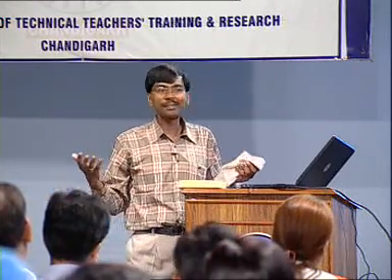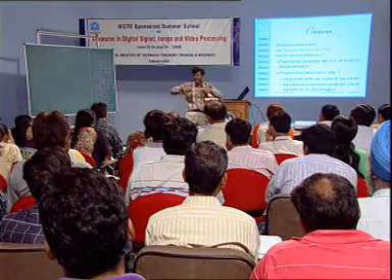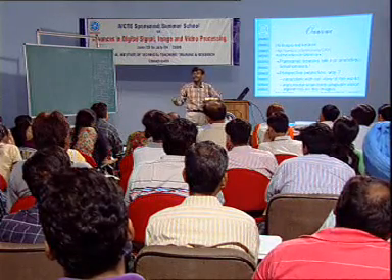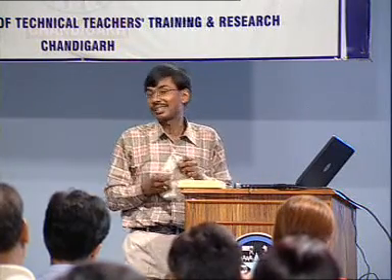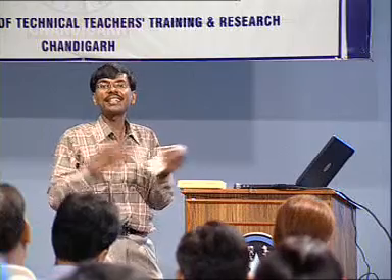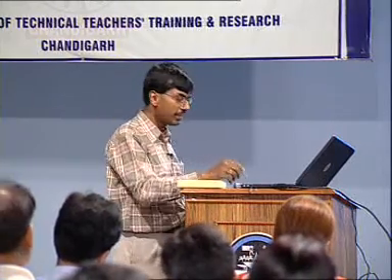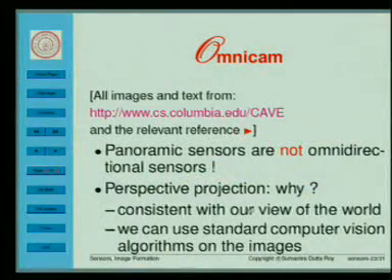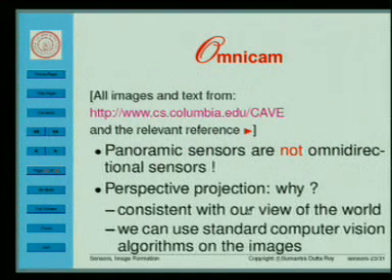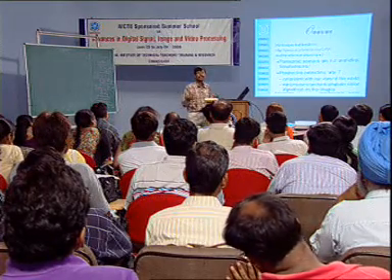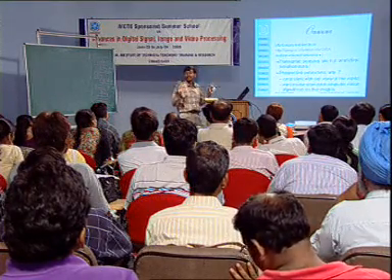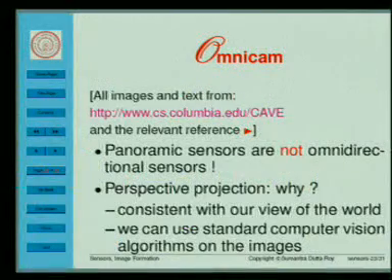Plus, it is not even panoramic. कैमरा को घुमाया, you have just a 180 degree field of view. ऊपर नहीं देख रहे आप, नीचे नहीं देख रहे, sideways नहीं देख रहे. So that doesn't work. Ideally, I would like a camera which can look all around. And at the same time, we need perspective projection. Why? Because this is consistent with our view of the world. If we have to apply standard image processing or computer vision algorithms, we would want an image that is consistent with perspective projection.